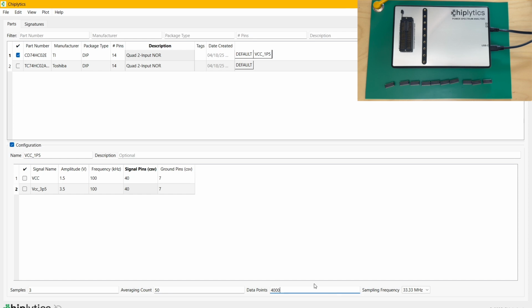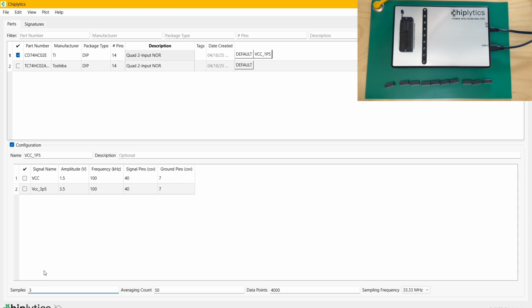measurement the same. Now, if I take this configuration and run it on the CD74 chip, it's going to first take all of the null spectrum when I create a new signature set. Then it will take data for the 1.5 volt test. Then it'll take data for the 3.5 volt test, and then it's going to do this for a number of repetitions defined by the number of samples you've set. So this test is going to first apply 1.5 volts, then it'll apply 3.5 volts, and then it's going to repeat that 3 times because we're taking 3 samples for any particular device that we are testing with this particular